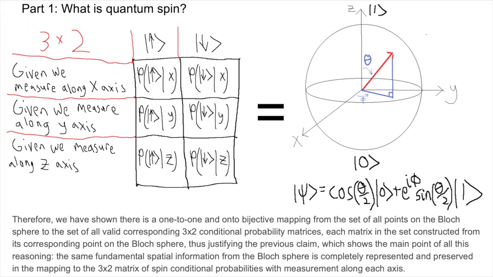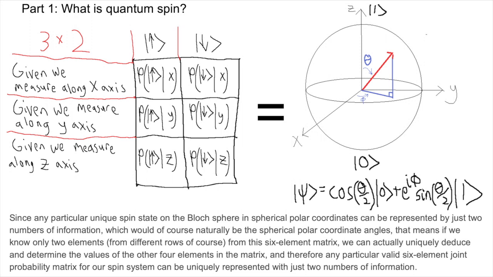The same fundamental spatial information from the Bloch sphere is completely represented and preserved in the mapping to the 3x2 matrix of spin conditional probabilities with measurement along each axis. Since any particular unique spin state on the Bloch sphere in spherical polar coordinates can be represented by just 2 numbers of information, which would of course naturally be the spherical polar coordinate angles,